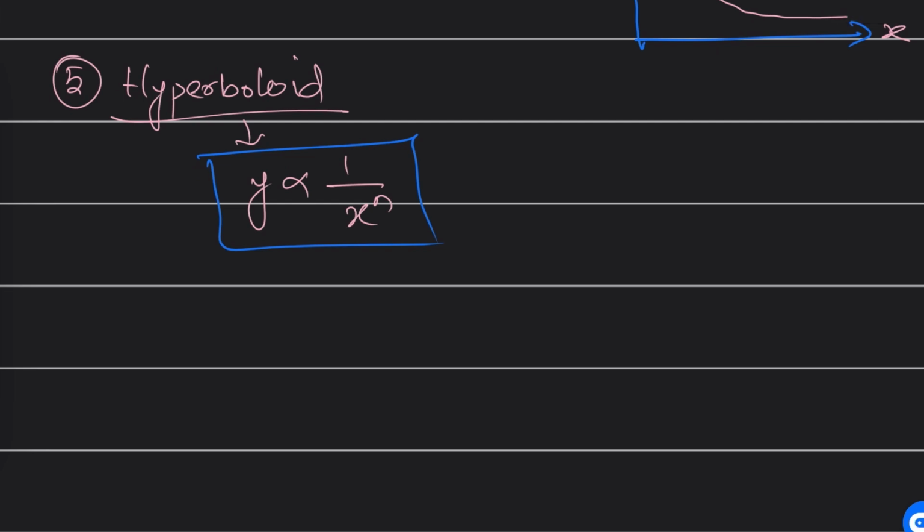We are going to discuss electrostatic force, Coulomb's force, and Newton's gravitational force, and there I'm going to use this hyperboloid so much. So how will the graph look? Let me show you the graph. This is the x-axis, this is the y-axis. The graph is going to be the same, but the difference is that here x power may be 2, x power may be 3.